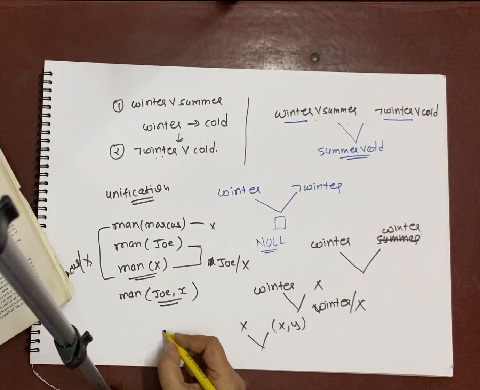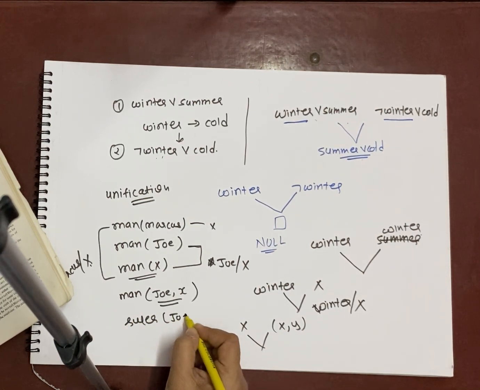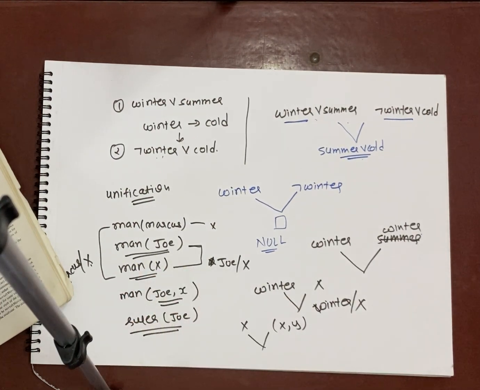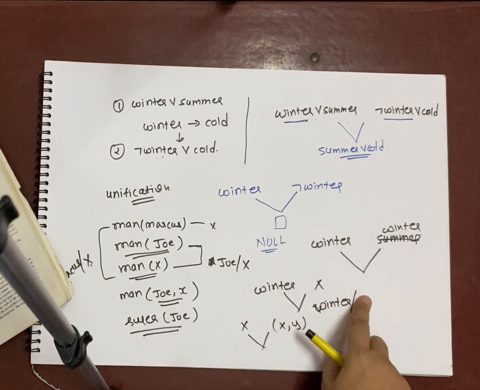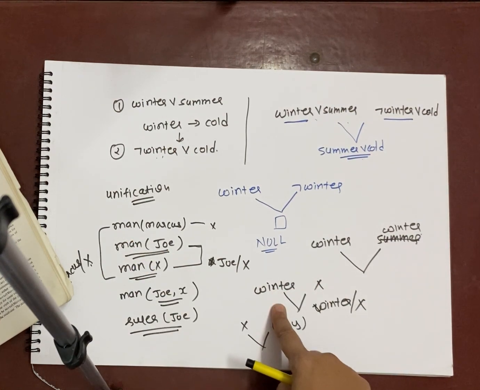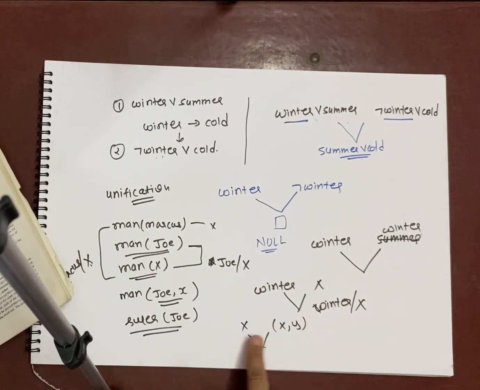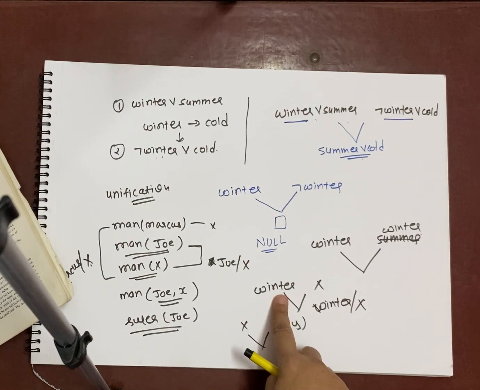Okay, the same way, if I have ruler Joe, and if I try to unify ruler Joe with man Joe, is it possible? No, because the names of the predicates are different. So first of all, if you have atoms without arguments, the atoms should have exactly the same name. If you have variables, then the variable should not be part of the second variable as a list, but it should be a standalone variable, then it can take the value, then unification is possible.